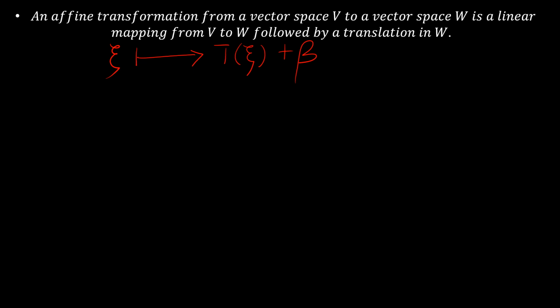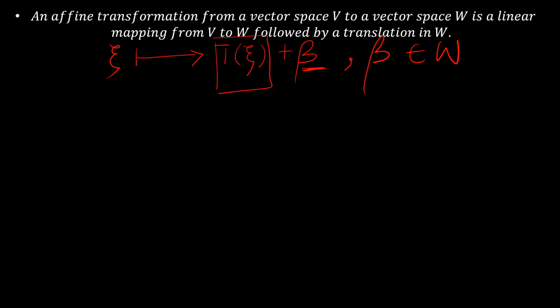And T here is a homomorphism that covers that linear mapping from V to W. Then there's this beta here that is the translation in W. And beta here is just simply an element of W. So